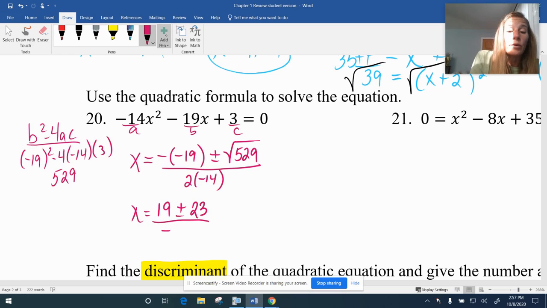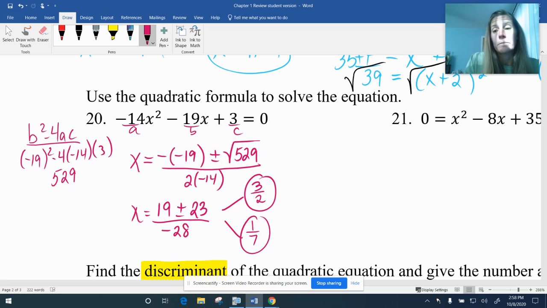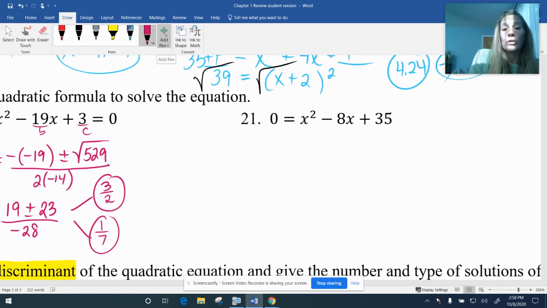And 2 times negative 14 is negative 28. So now we can get our two exact answers. 19 plus 23 is 42, I believe, right? And then we would divide that, and we end up with, I believe, 3 over 2. And 19 minus 23 would be negative 4 over negative 28, which will work out to be 1/7. So those are our two real solutions. Okay, and then number 21,